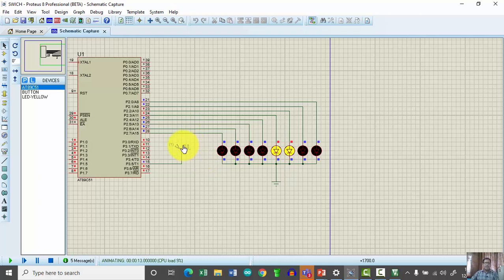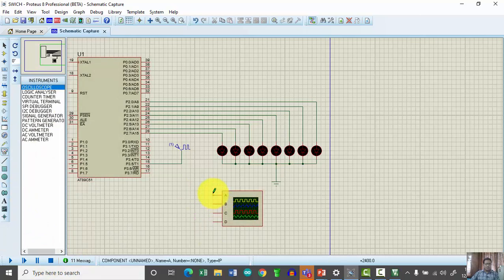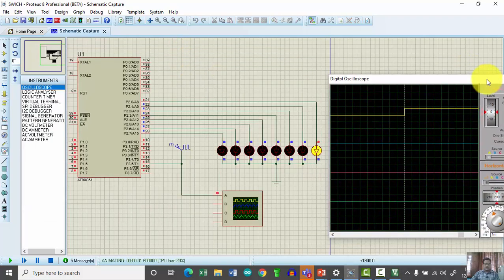Whatever pulses are coming from this, let me show you the pulses too. And one more thing, just check this out. So we are here with these pulses.